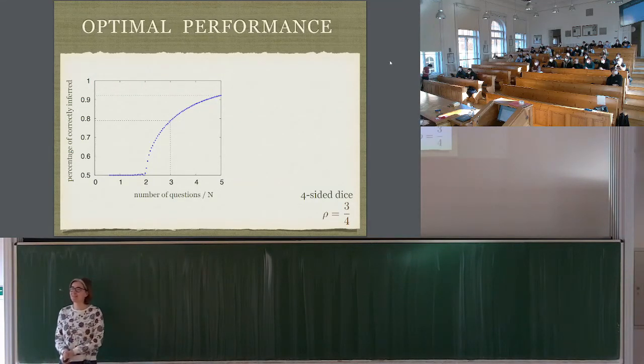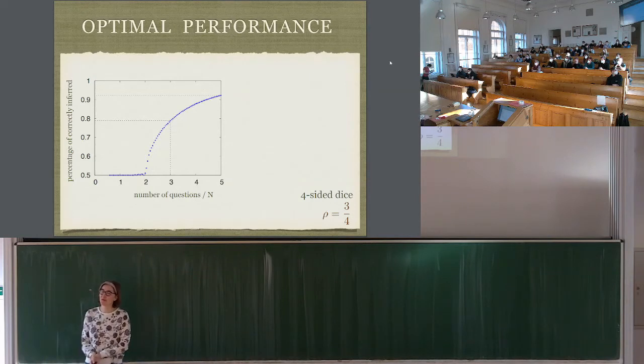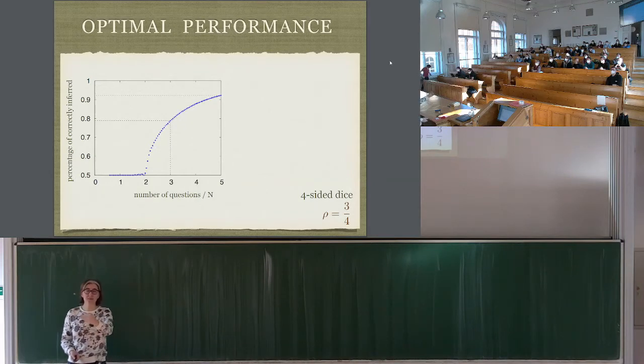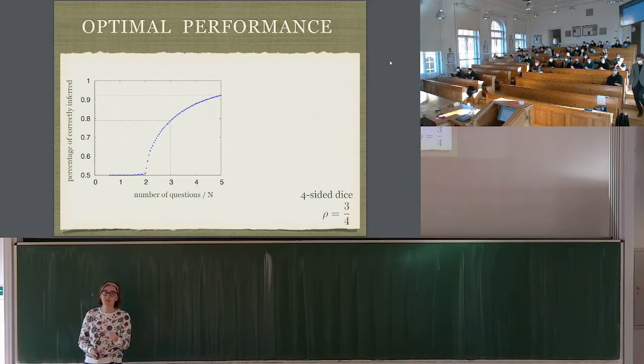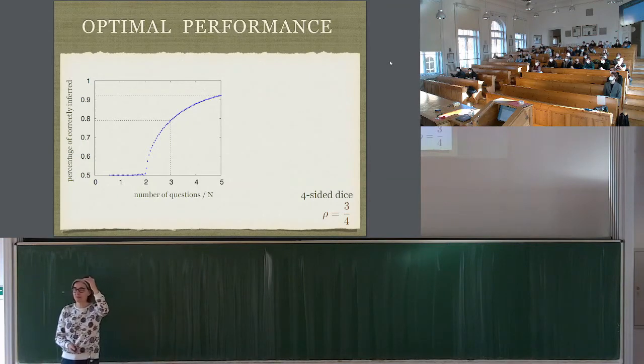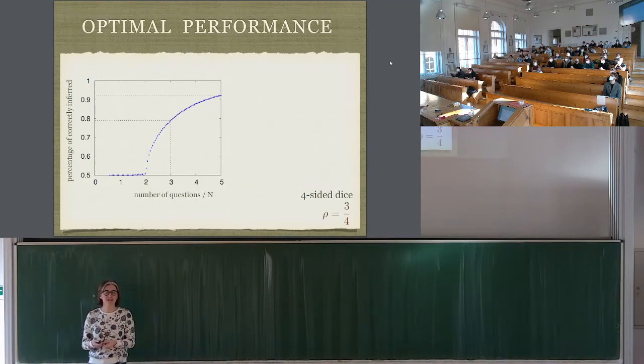So again, this is something that we teach at the master's degree. I will not be teaching you how we do that today, but we know how to do that, and I can draw a graph that corresponds to the solution, where on the x-axis I have the number of questions per person. So that was in the quiz, right? How many questions do we need for a certain performance? And on the y-axis is the percentage of correctly guessed cards. You see it starts at half, because half is random guessing, half is trivial. And it goes up to 1. 1 means that I get everybody right. Well, I cannot get everybody right, because since I was choosing the edges, the pairs, at random, maybe I completely missed him, right?